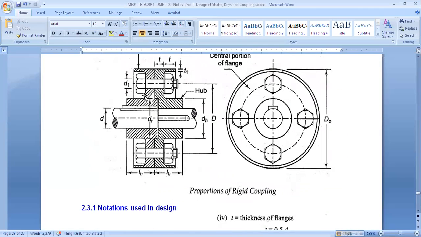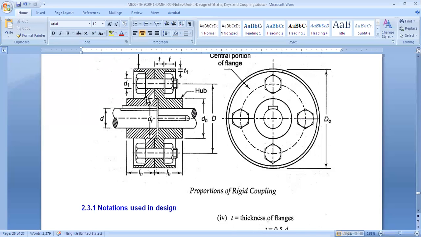See, there is this part where the hub joins to the flange part. So right there, as you try to assume how it will fail in shear, it will fail in shear at the rim part, right? Just try to assume that now your hub is solid, it's made of steel, and your flange is made of a soft material. So it will simply rotate. So the area, this is kind of rim, okay? The area which is opposing the